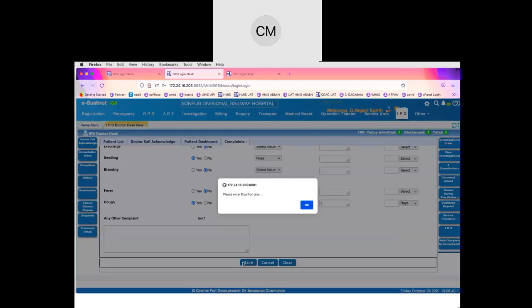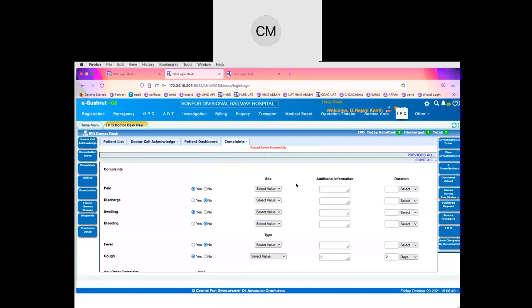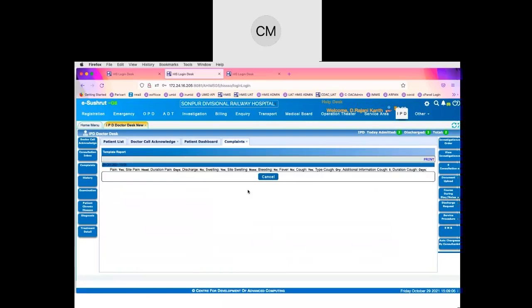So most of these templates are click-based, so that data entry will be minimal and it can be easily handled. And we always recommend that for the IPD cases, it's better that each ward can have a tablet, which can be carried to bed by the doctor during the rounds, and such data can be entered on a real-time basis.